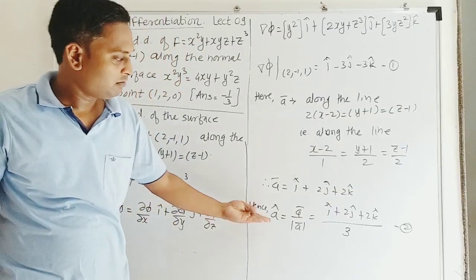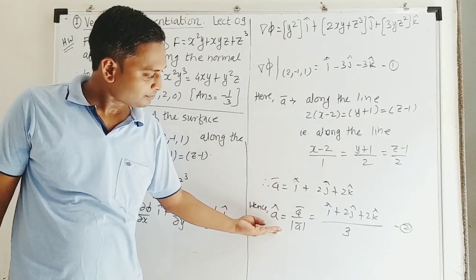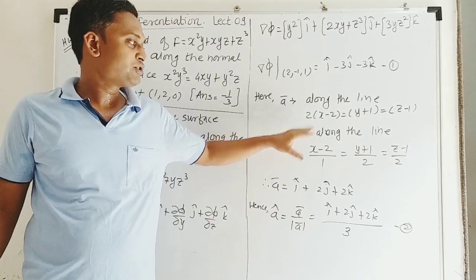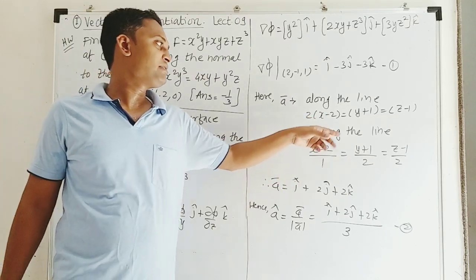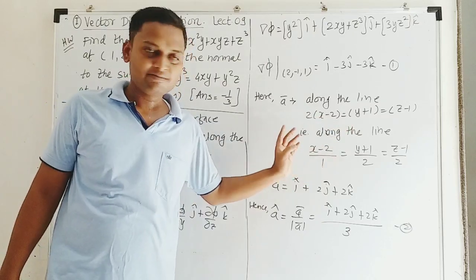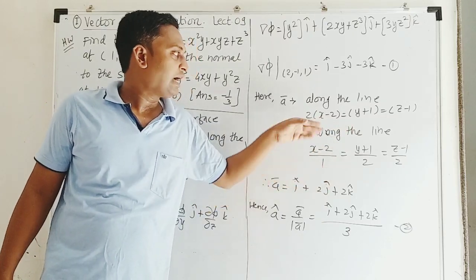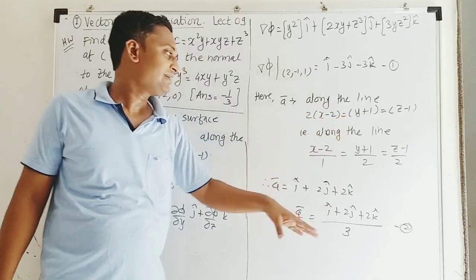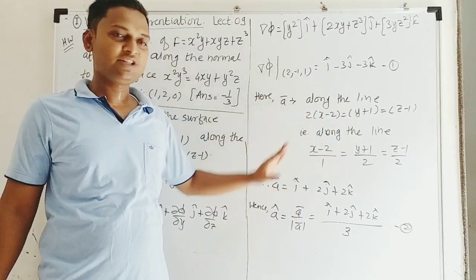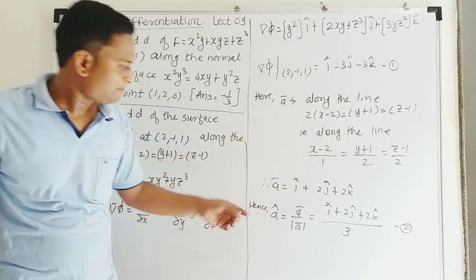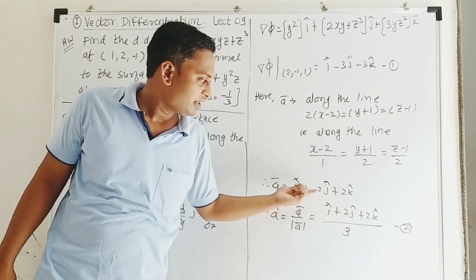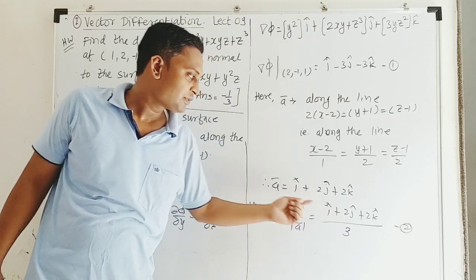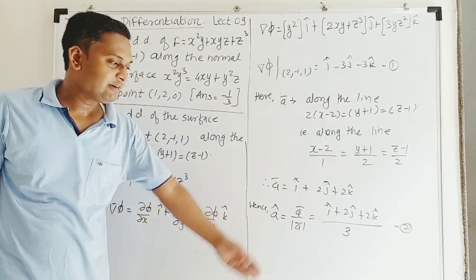Okay. Now we have vector a bar. So it becomes necessary to write that equation of line in this form. If it is already given in this form, no problem. But sometimes they may multiply by some number and write the equation of line in a different form. In that case, we have to convert it to this form. So that I have done. A cap will be (i cap + 2j + 2k) divided by its magnitude, which is 3. You can calculate it. So this is the value of a cap.